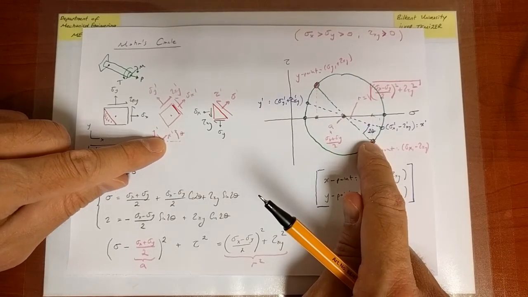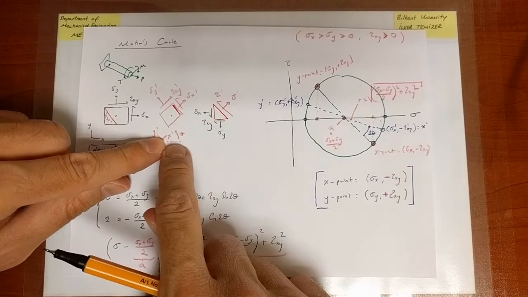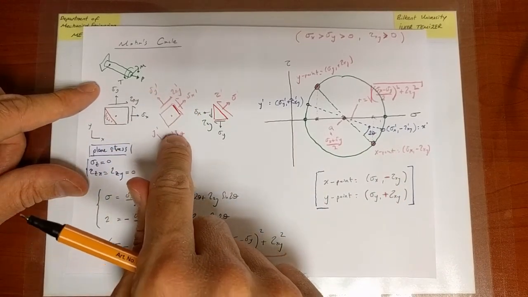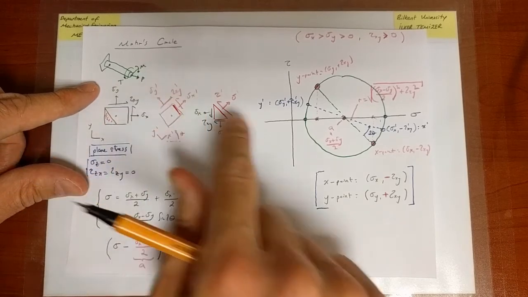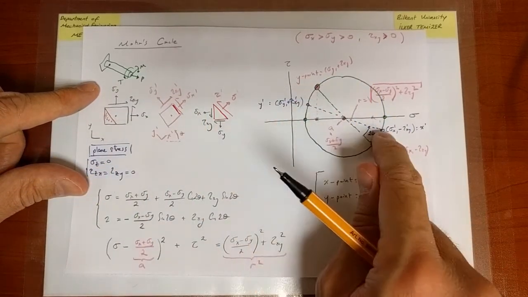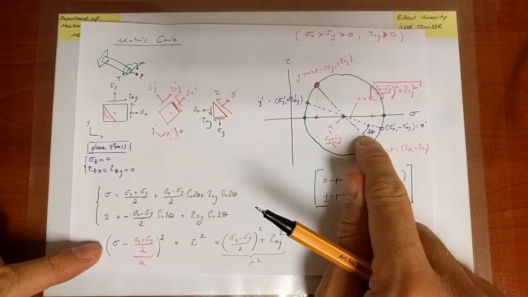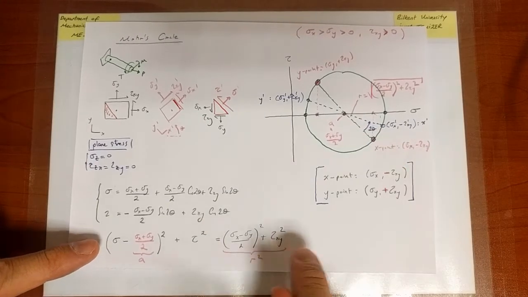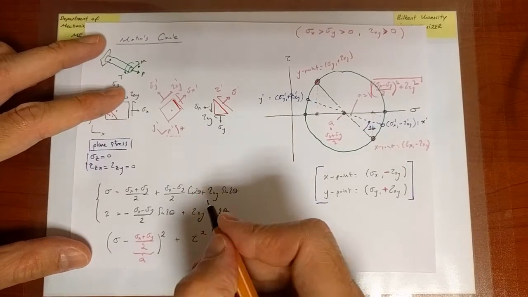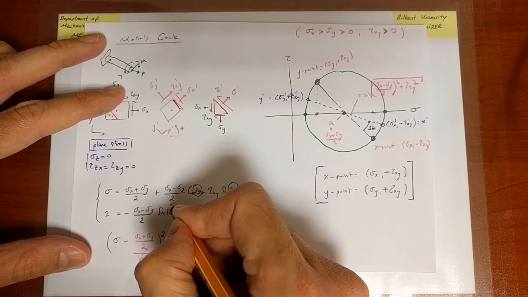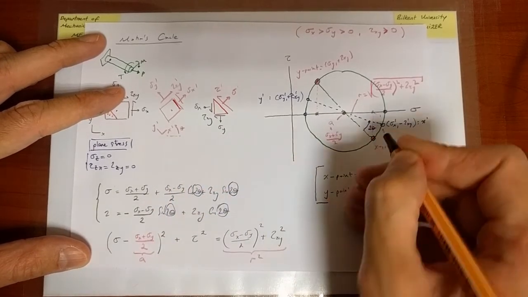Again, how do I see that simply? Well, on the original picture, if I want to go from x prime to y prime, I just have to go through an angle of 90 degrees. And here, on the other hand, I go through an angle of 180 degrees, right? Amplification of 2. This is the second thing you have to always keep in mind. This is critical. So always keep in mind the factor of 2 theta that appears in the equation and likewise